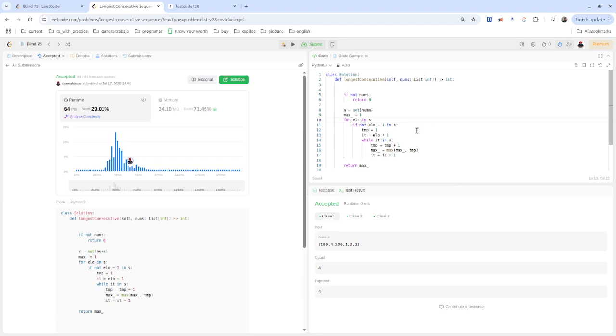Let's try to, let's just do this. Let's say global max. Global max equals to 0, and max and... yeah, max and global max. Okay, so